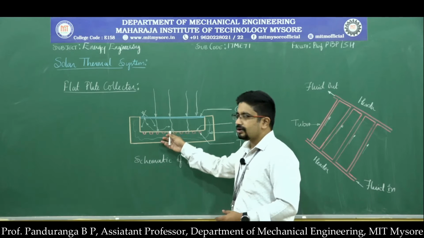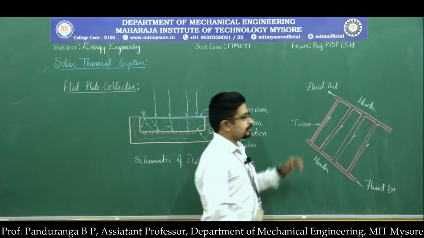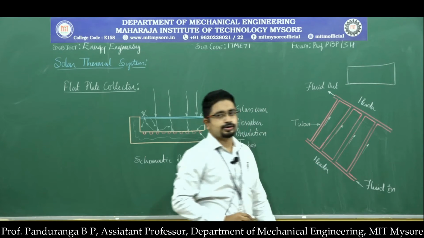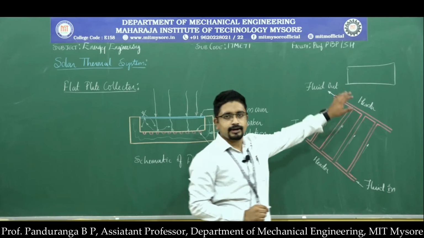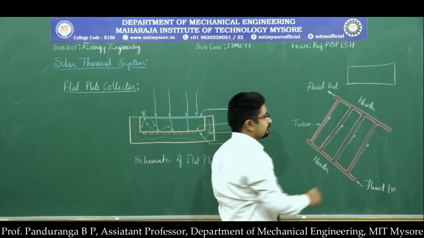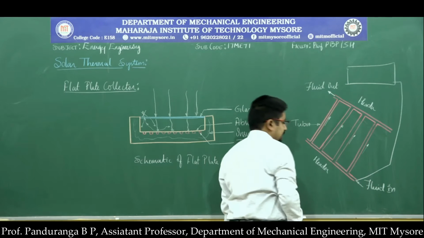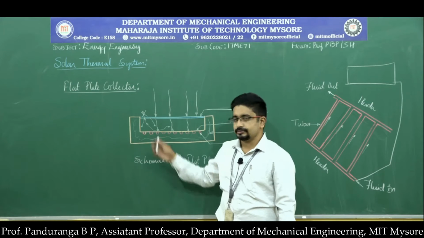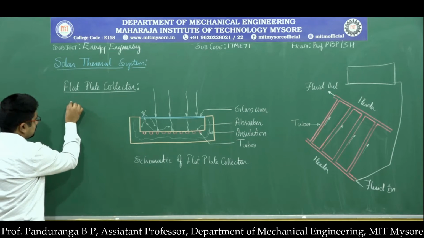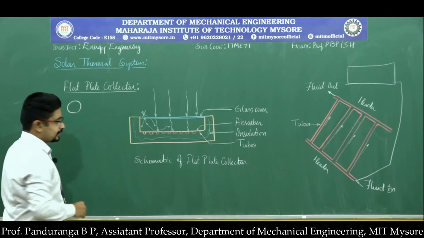So this is the cross sectional view. Here we have just the tubes. We will have an overhead tank, and this tank will also be well insulated. From here we will supply water to the bottom header of the flat plate collector. I will draw the cross section here. Here you have the water storage tank for the flat plate collector.